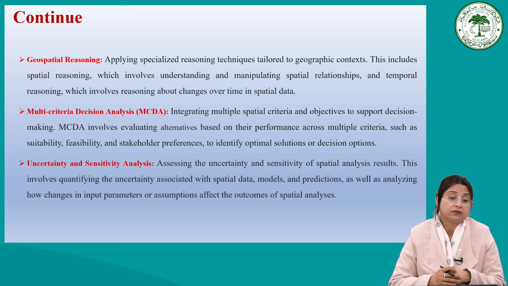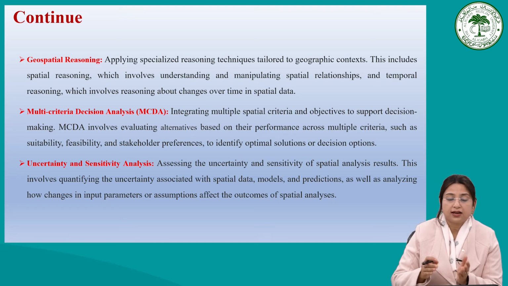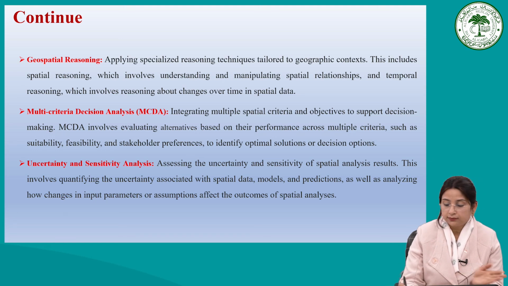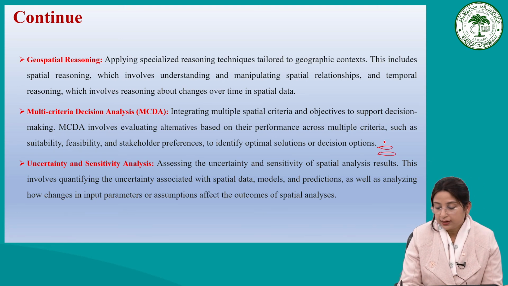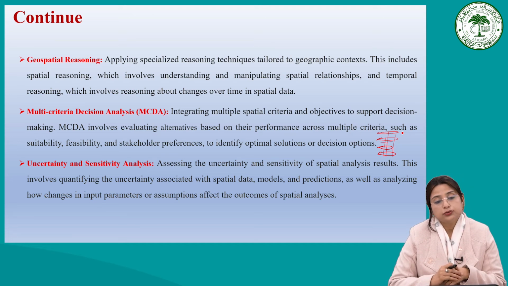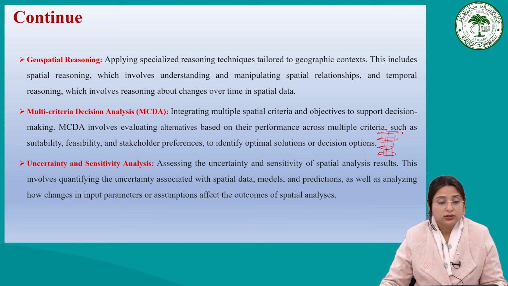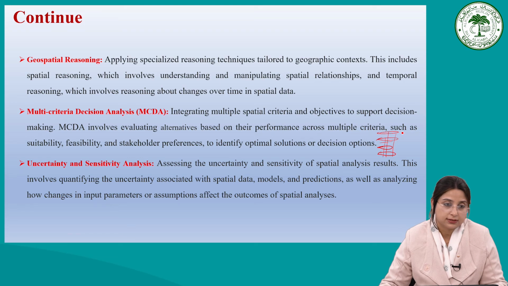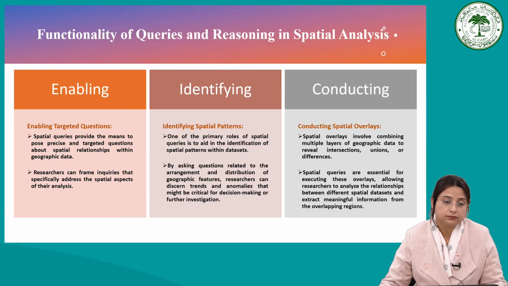We know we acquire spatial data from different sources. We have multiple data. We can overlay one data upon the other. We can intersect to get some deeper insights and information. This is also used for uncertainty and sensitivity analysis. So these are the major key aspects of reasoning, we can say. Now,